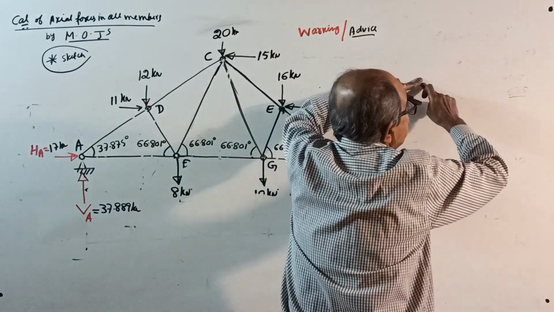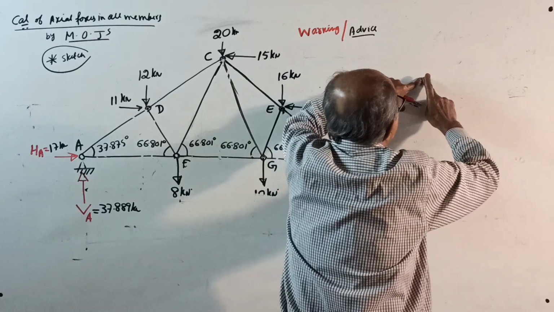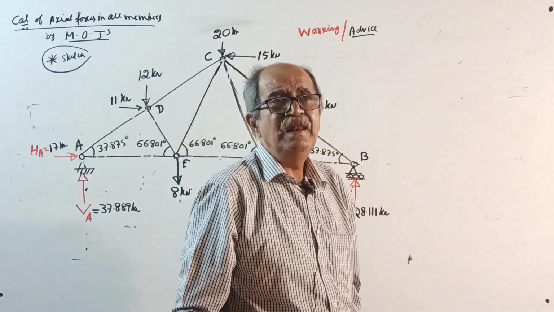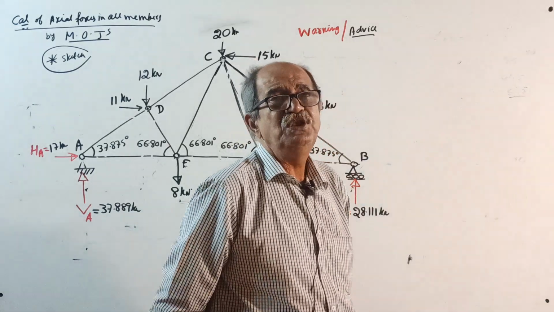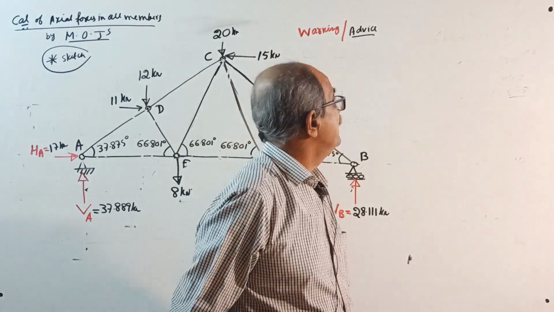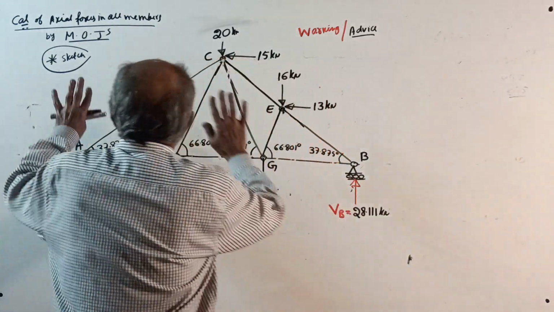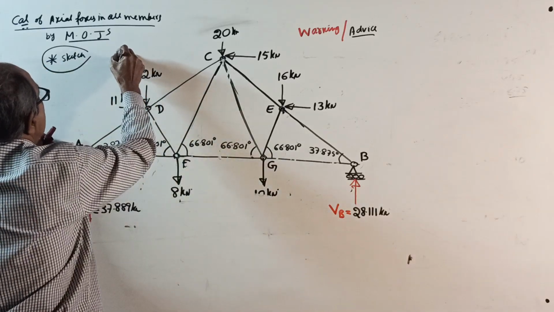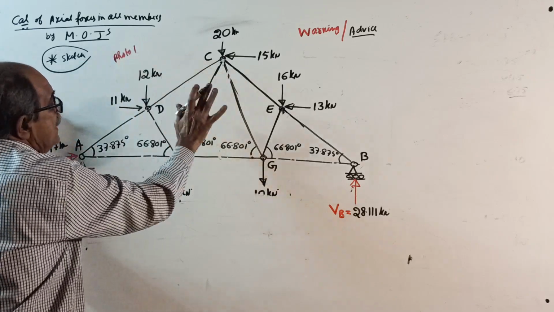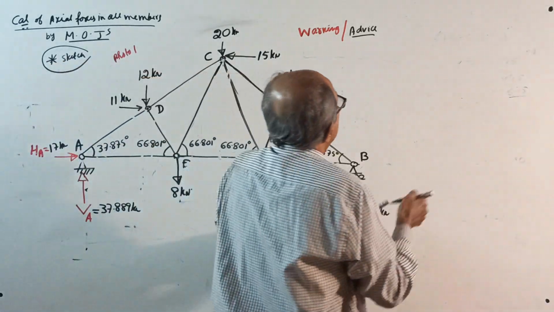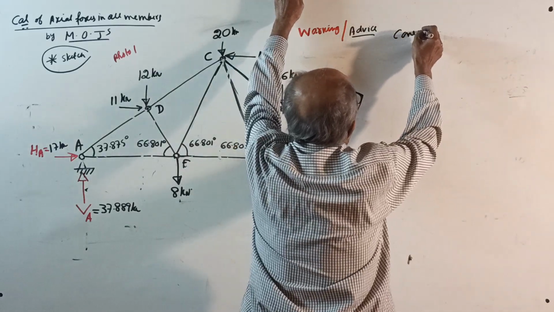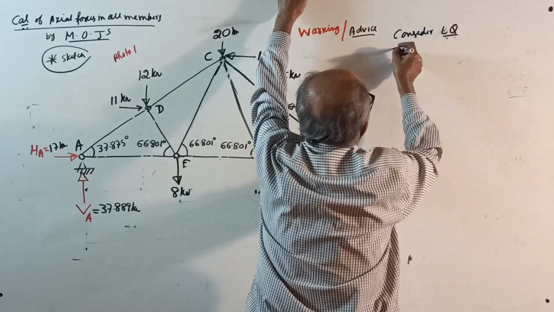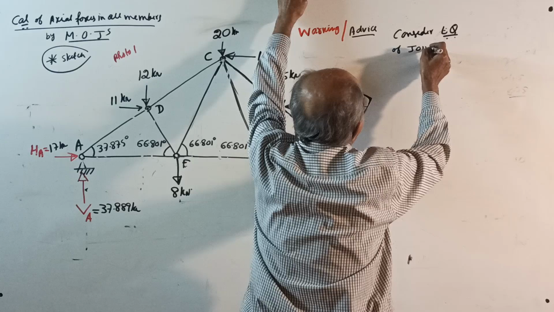assume the direction. If you know the correct direction, assume the correct direction. Otherwise, you take whatever you want, then solve sigma V, sigma H, which one first, I already told, that way get the answer. You take one photo here, see, take one photo first. First you take a photo of this one, photo 1. Then start what? Consider equilibrium,